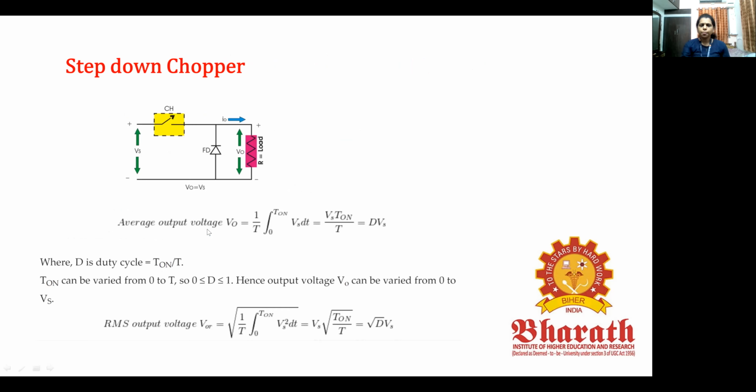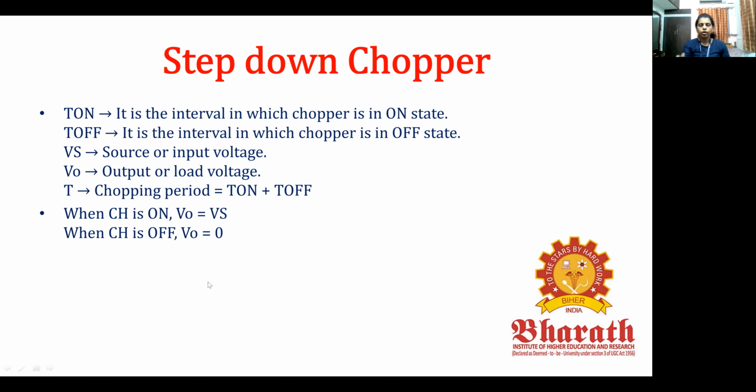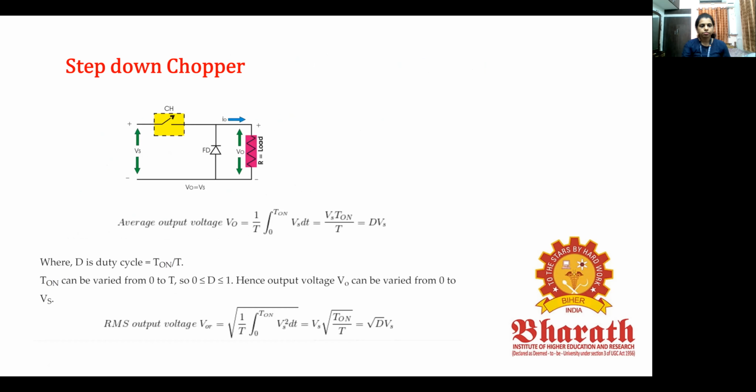Now let us see how we have come to the conclusion that the step down chopper actually reduces the voltage. Let us see the average output voltage. In this waveform, we get output voltage only during the on period. During the off time, there is no connection between the source and the load. There is no output. It is 0 only. So my circuit is under operation only during the turn on time.